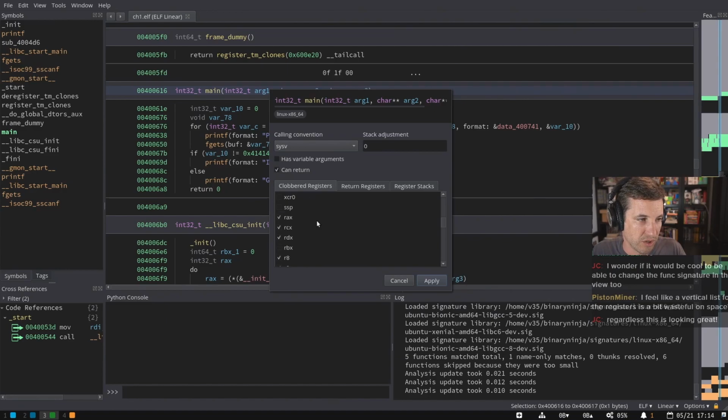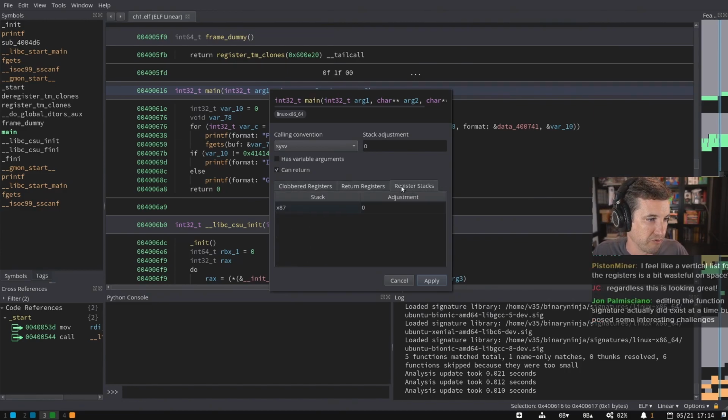Well, the reason that they're vertical like that is because they're tables and you can check and uncheck them. My pet peeve is I would like you to be able to sort by what's checked and what's not. And by default, I think it should sort by what's checked to just see the currently clobbered registers. And then as you check something else, it would pop to the top of the list. Same for all of the other things you could change. But yeah, this is super nice. It's a good feature.